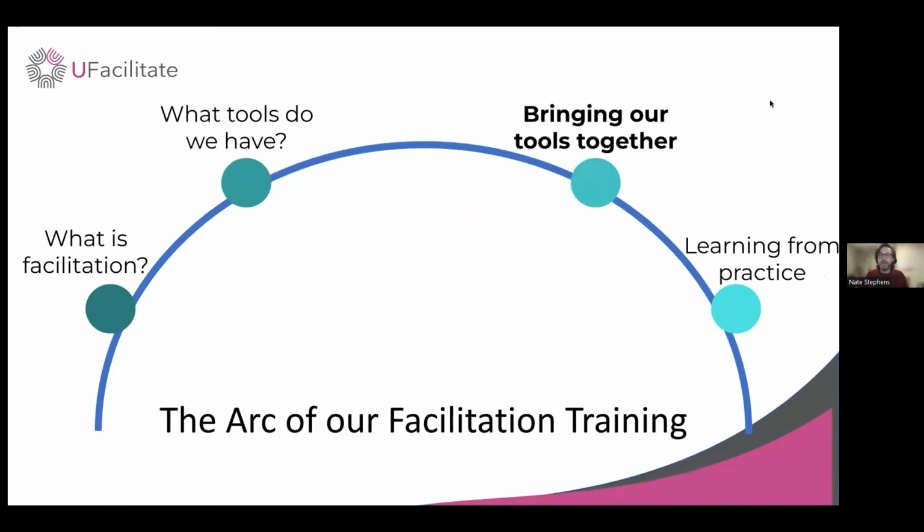Just to remind you, this is the third session of 4. We're on the home stretch already. This is where I want to spend some time talking about how we bring these tools together. We've spent a couple of sessions talking about what are some of the methods we can use, some tips and tricks. We've talked about what is facilitation, how to put an agenda together. How can we bring these together? What's kind of a lens we can use, or a framework we can use? I'm going to introduce something that I have always found really valuable.